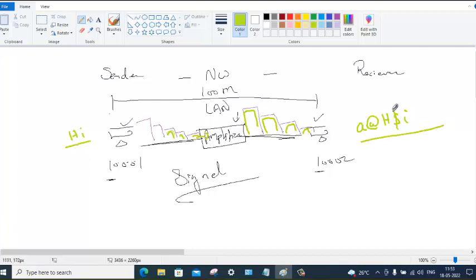Your H is there, I is there, but these are all junk values, noise, unwanted data. Noise gets added to this data. So the receiving router not only receives the data, it also receives noise.